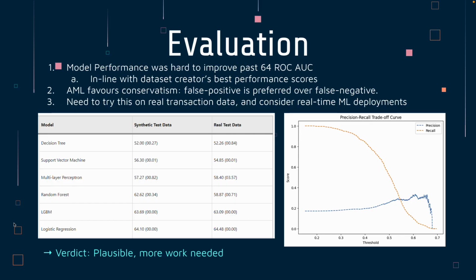The other caveat here too is, because transactions change all the time, and especially with money laundering, the ways people can launder money change over time. We need to make sure that if we were to scale this project, we would be looking at building real-time machine learning models in order to consider this landscape, right? Because we want to keep up to date with what the current strategies are for evading the system, and our model needs to be able to quickly adapt to that and scale.